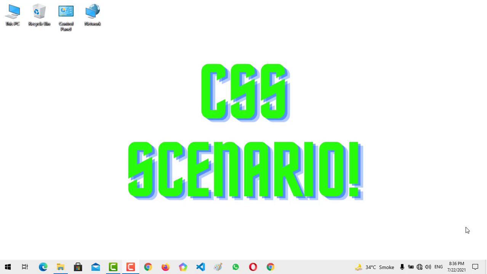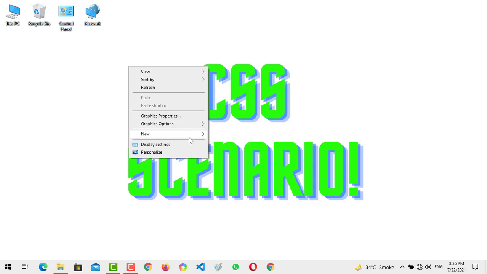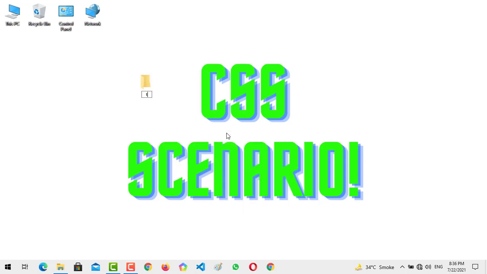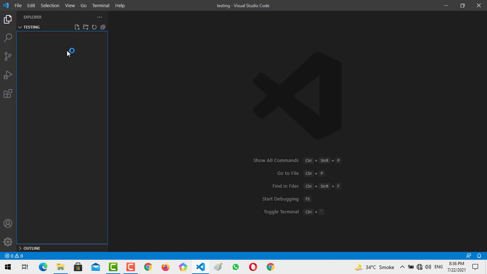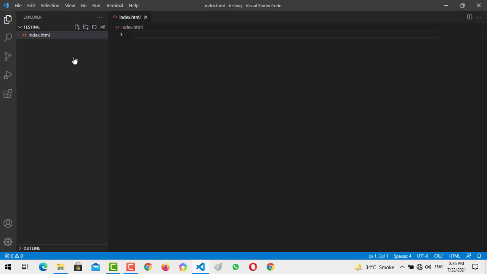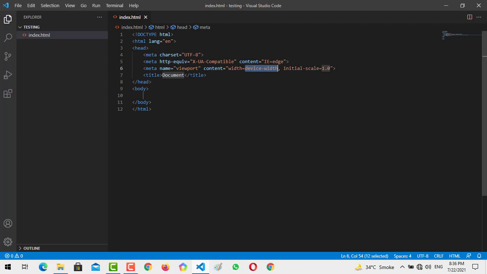So let's get started. The first thing we are going to do is create a new folder named testing, and now we have to open our Visual Studio Code. We have opened it, and in this section we have to create an index file, index.html, and using IntelliSense shift 1, we create the boilerplate. In the title section we are going to write height and width in